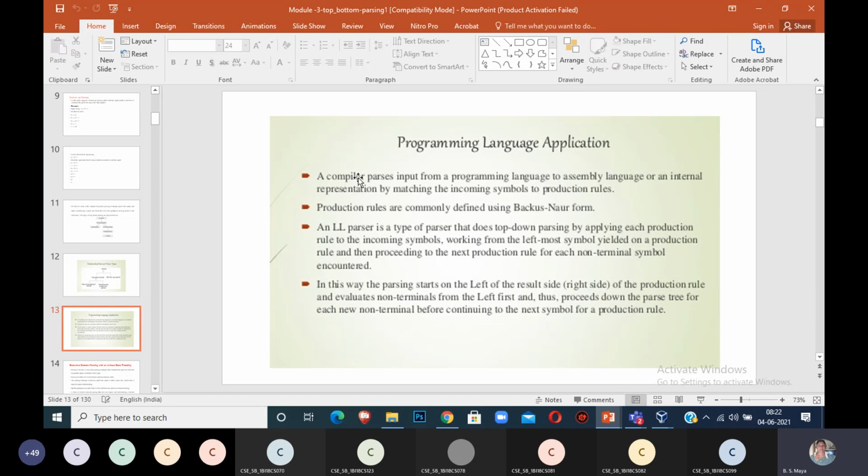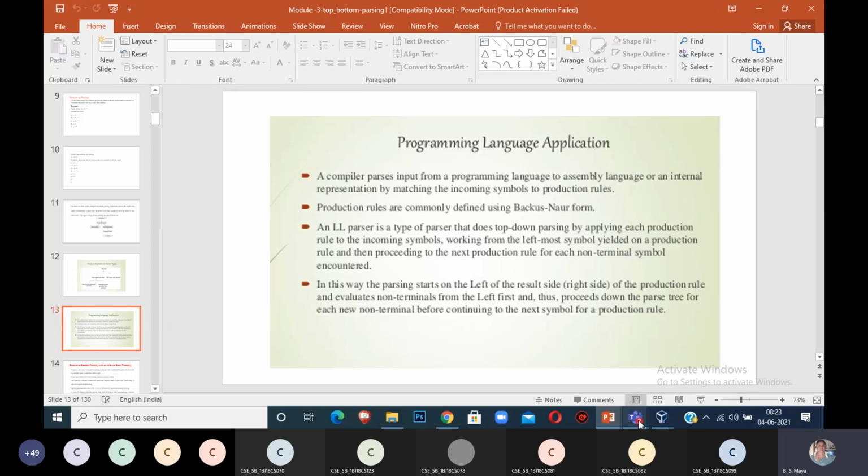Now, a compiler converts the input from the programming language to assembly language or an internal representation by matching the incoming symbol to a production rule.